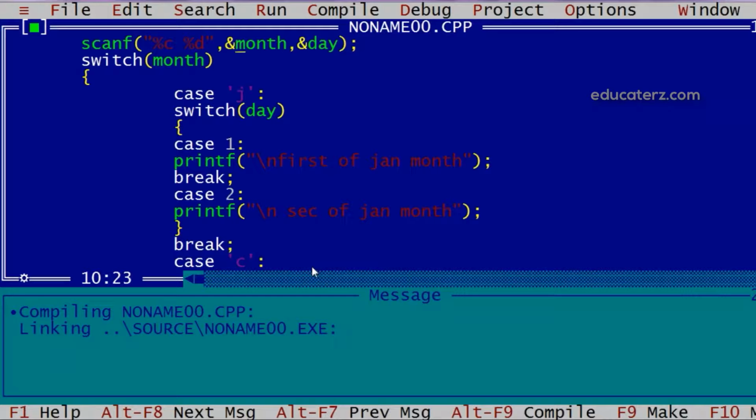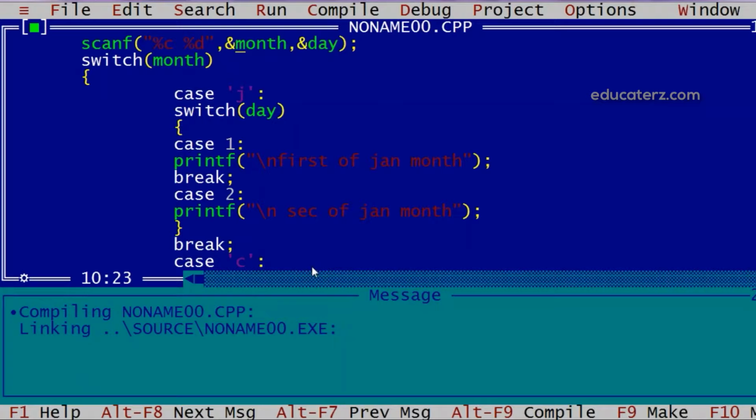Now again I'll sum up all the restrictions and use of switch. Switch can be used in case we have a variable and multiple values. So it is faster than if-else ladder also. Then when we have switch, first the expression is executed, its value is matched with one of the cases. The matching case will be executed till break or end of the switch. Break and default are not mandatory.